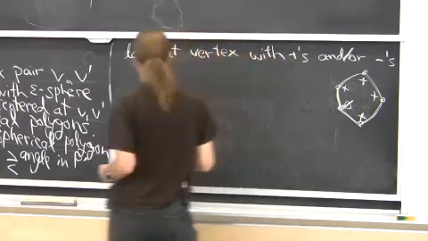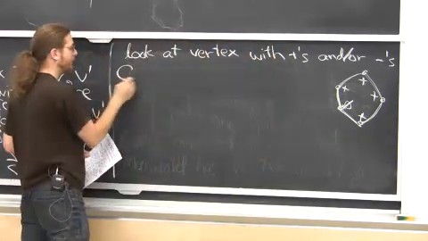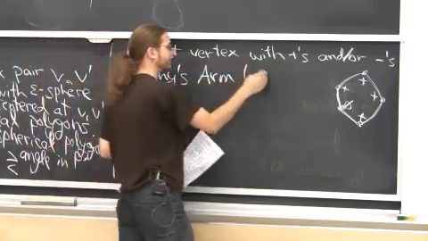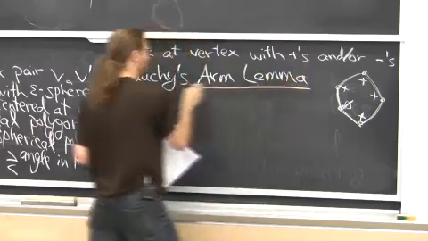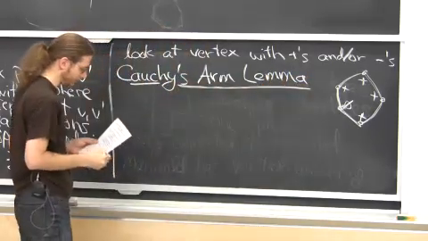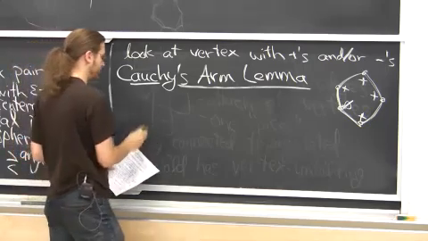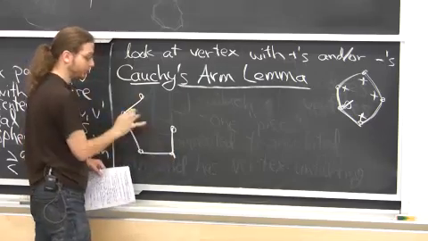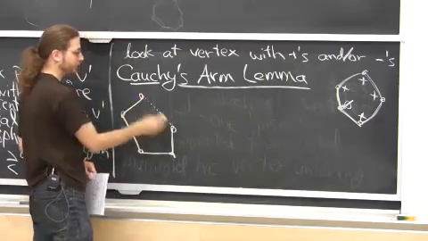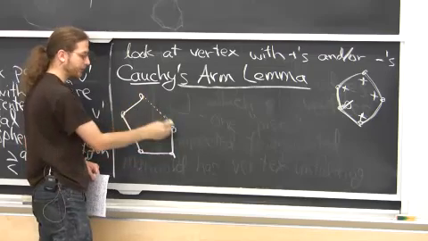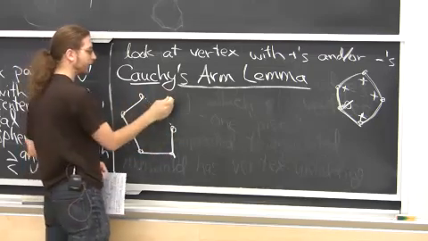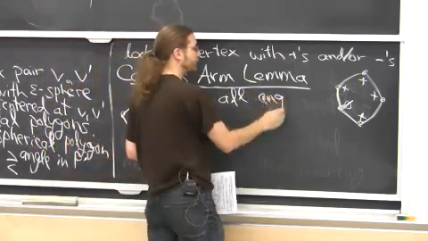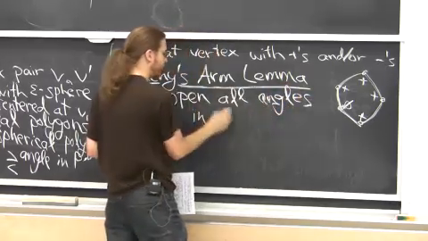Ain't possible. Why is it not possible? I think we've used this fact a couple lectures ago. It's not possible by something called the Cauchy arm lemma. This is the part that Cauchy got wrong, so it's also called the Cauchy-Steinitz arm lemma. And here's the thing. If you have a convex chain, but open chain here, there's a missing bar. So suppose that even when you add the bar, it's a convex polygon, but then I take a convex polygon, remove an edge. This is what we call a convex chain. And if you open all the angles, increasing all the angles, in a convex chain,